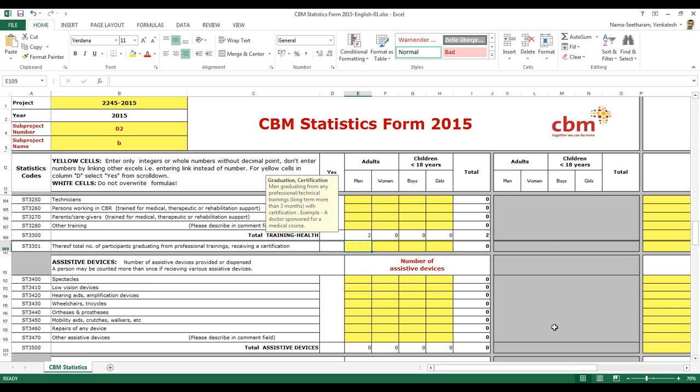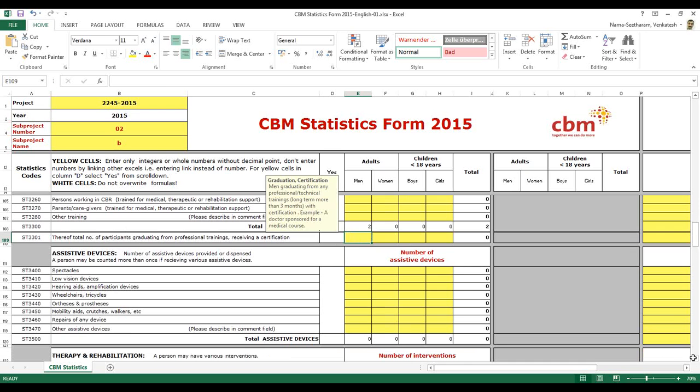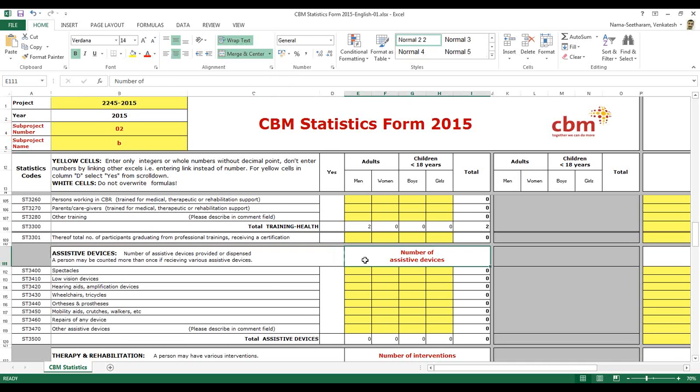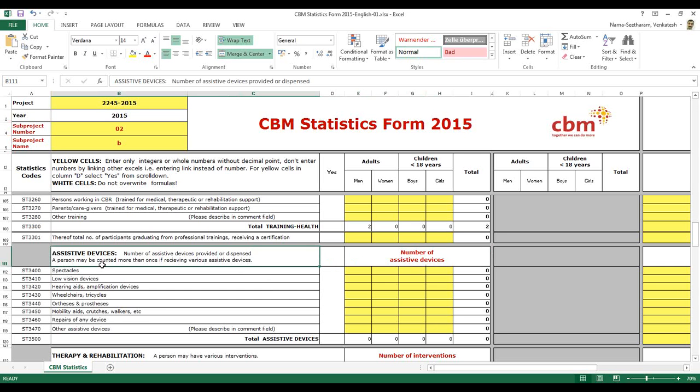Okay. Next section would be assistive devices. Here you are counting number of assistive devices. If you see the assistive device section, in the earlier form you had the assistive devices section in each form: vision form, hearing form, CVR form, and education form. And if you observe, low vision devices were there in the vision form, a CVR form, as well as education form earlier. But now we have reduced everything and we have just put one section for all assistive devices.